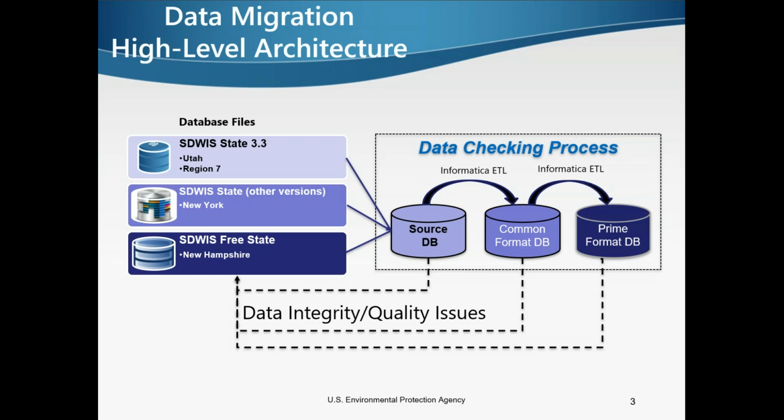From that, I'll use Informatica to map it to the prime format. Along the way, I'm going to be doing data quality checks. So every time I do a data quality check and I find errors, I'm sending you back to the beginning. I know it's tough, but since you guys are using SDWIS State as we're going through this, other errors might crop up. So I need to keep going back through the whole process with your data every time. And it'll get easier. Once you clean up the checks, it'll start going through faster. And I'm going to go through all this in the next couple of slides.